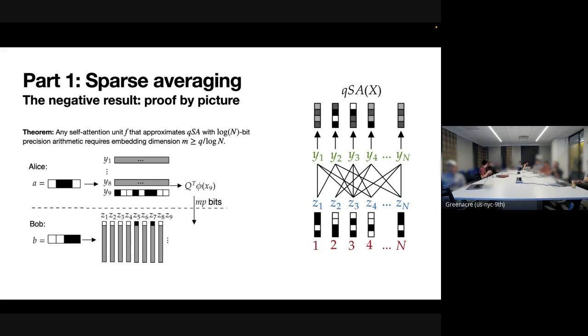So now what we just have to do is come up with how they're actually going to solve this. We're going to assume that the model exists, and that they both know what the model is. That's not really the hard part. Basically, Alice is going to compute the query vector corresponding to just the 9th input, and she's going to send that to Bob. That's the only part of the network that Bob doesn't know how to represent. Everything else, either he doesn't care about because these things are all fixed,